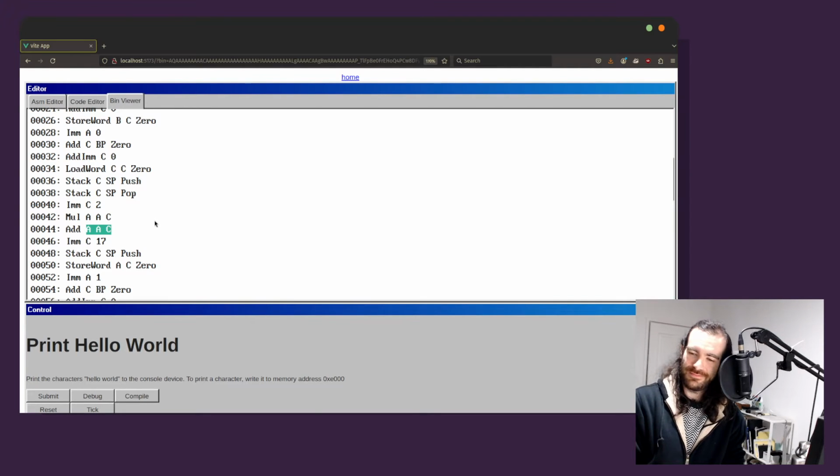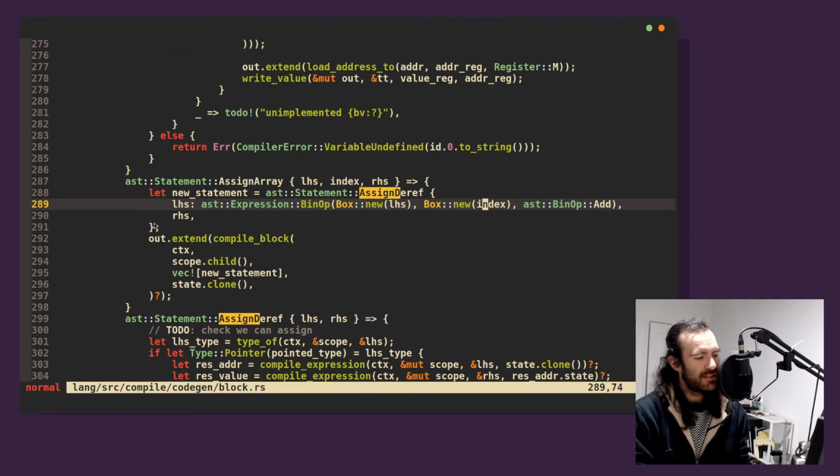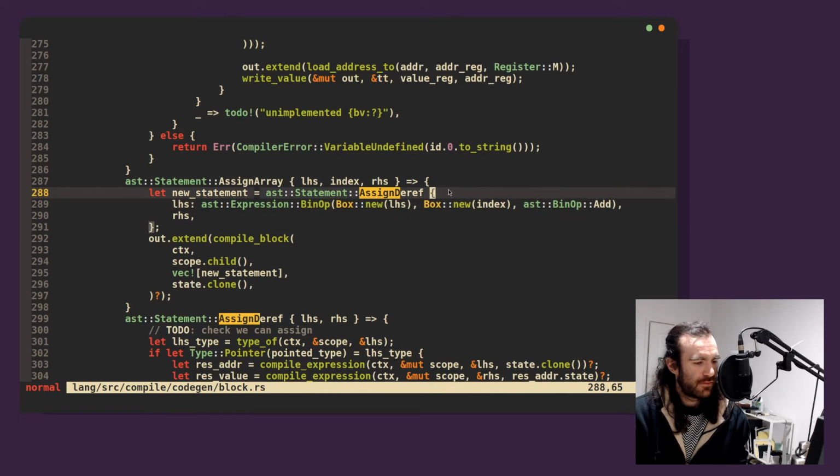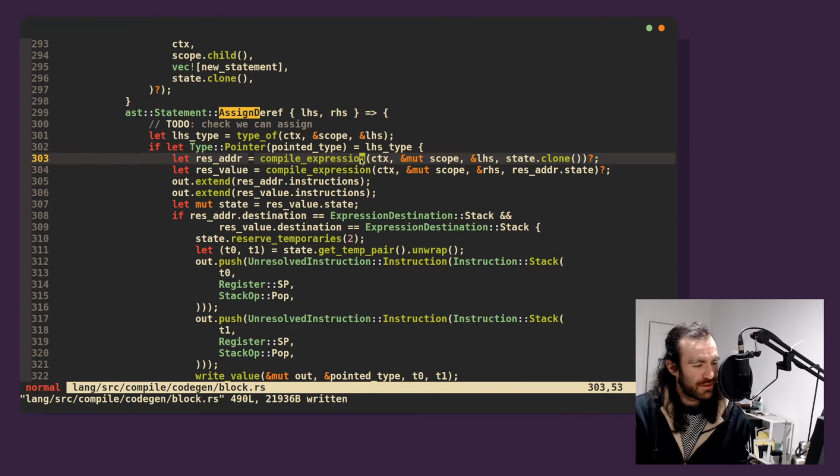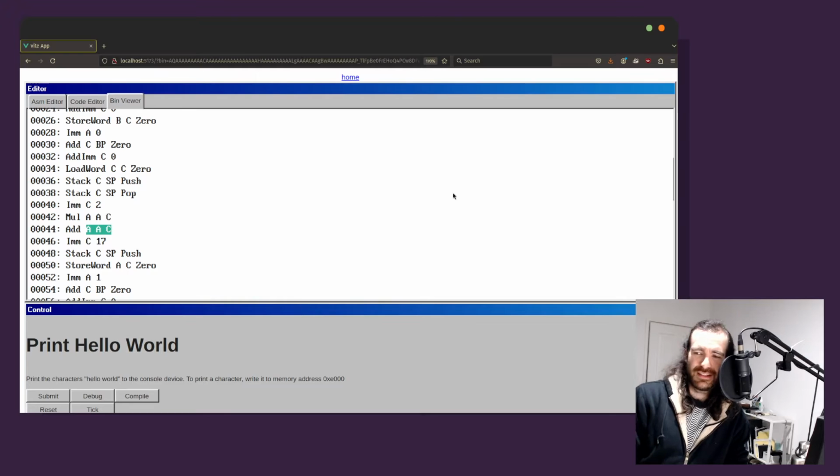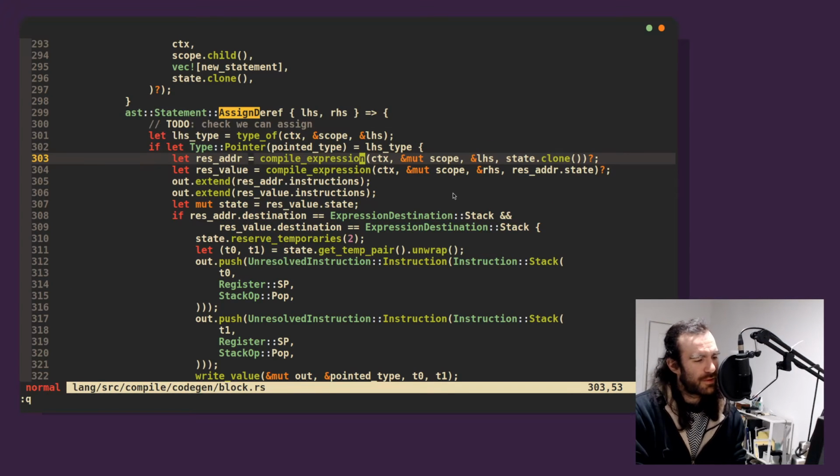something else. I'm doing this add as well. It thinks we're doing something very different here. Well, not very different, but so what are we saying? We're saying multiply A by C and add that result to A. Let's check in add. Deref, because it's a pointer, we're doing this multiply, right? This is part of the pointer logic. If we look at